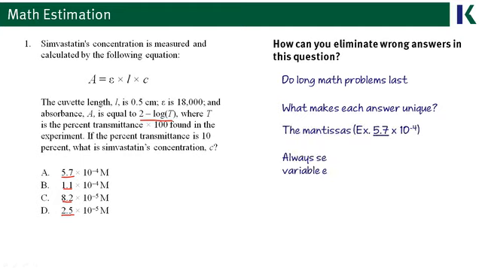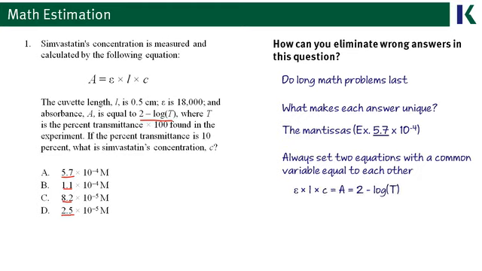So like we said, the mantissas are all unique. And we can go through the math here. We'll set the two equations with common variables equal to one another. Then we'll plug in the numbers, and we're trying to solve for the concentration C, as we can see in the problem here. So we set the equation up for that. We got 9,000 C equals 1, and our final answer, and where we should stop doing the math so we can start guessing, is C is 1 over 9,000.